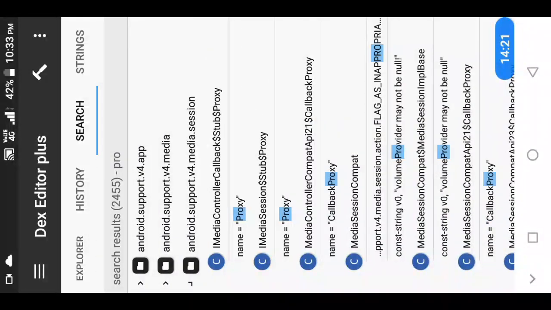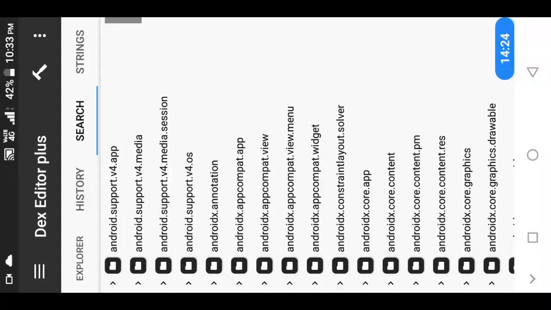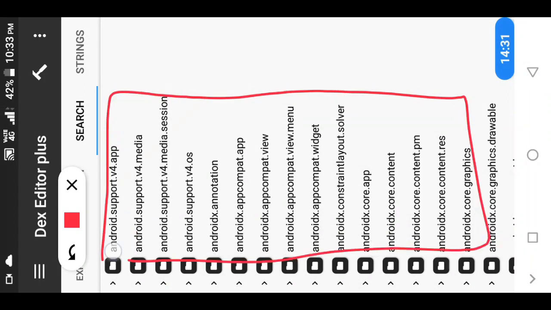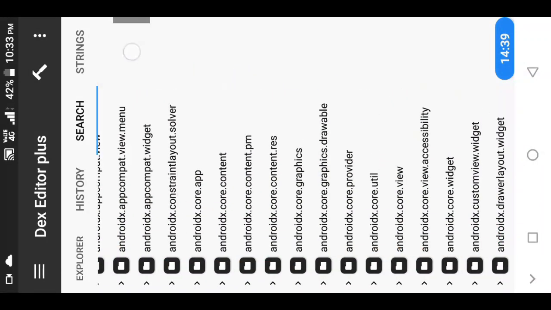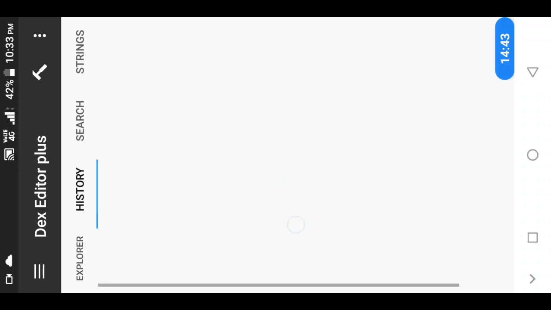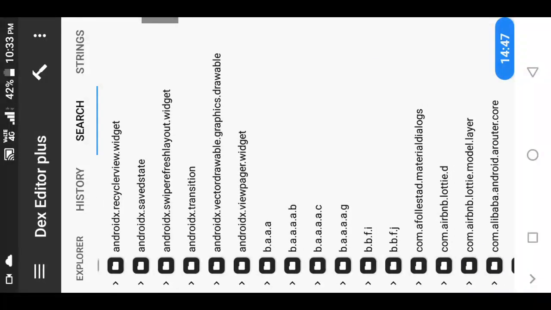So you can see here, this is all Android, you can see this all Android.x, Android dot etc. This is all for the app. You know that it is all for supporting the app. So I'm going to search for the main package name inside the package name, that is, you can see here.